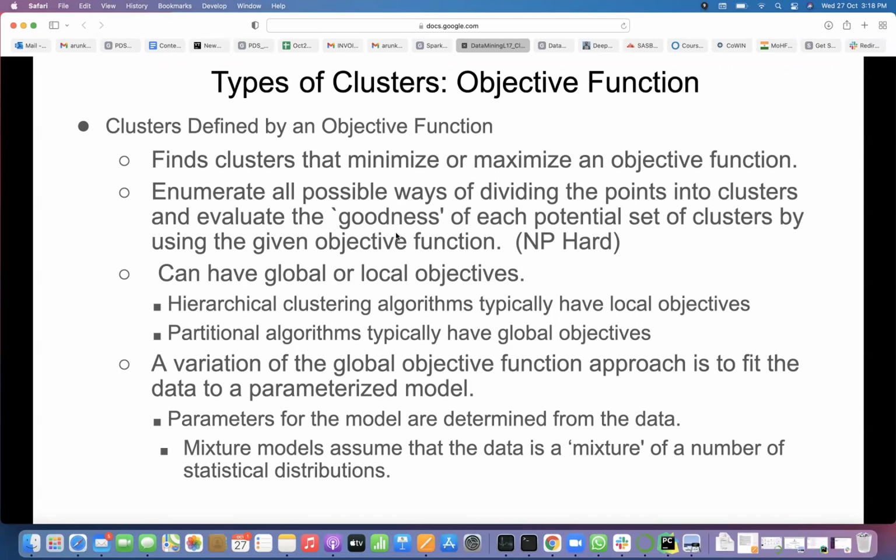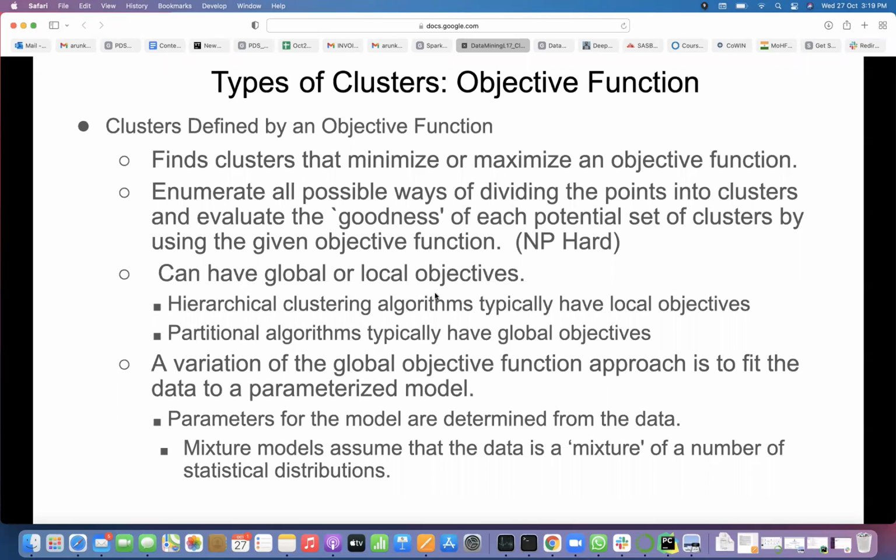If you want to make 3 clusters, then again, there are so many possibilities. So by dividing and looking at all those things, you see which one is good. That always brings lots of complexity. That's why it is NP-hard. Though it gives an accurate result, it is not possible to compute in real time.